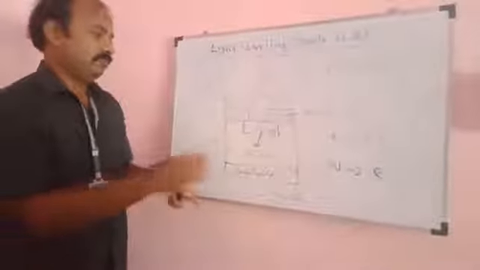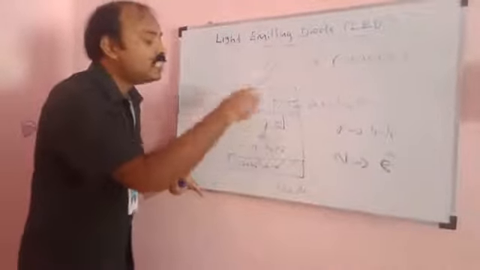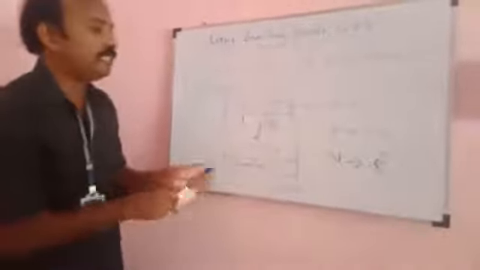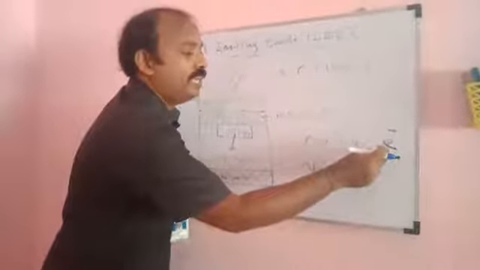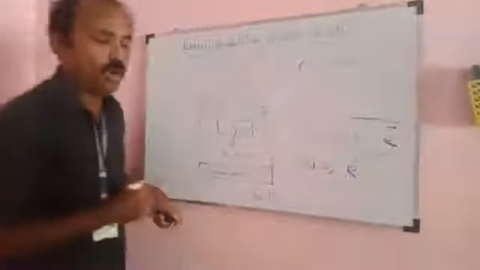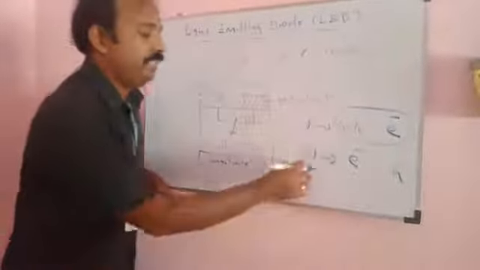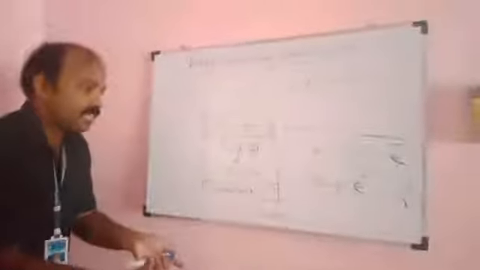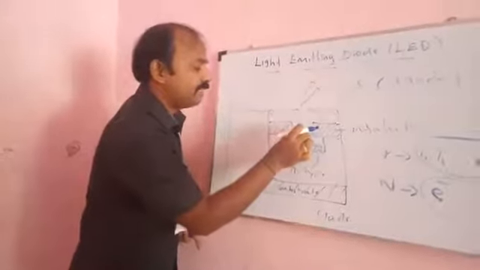Here the availability of electrons increases, and the minority charge carriers in the p-type semiconductor are going to be recombined with holes. The availability of minority charge carriers of the n-type semiconductor is also going to be recombined. So as a result of this recombination, some energy will come out. This energy is released in this particular place.